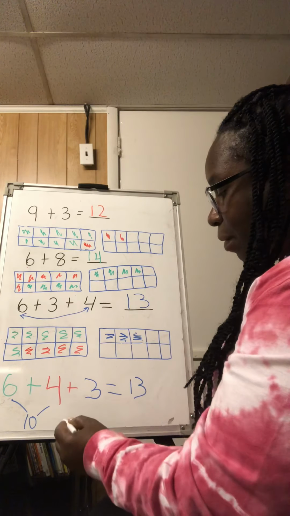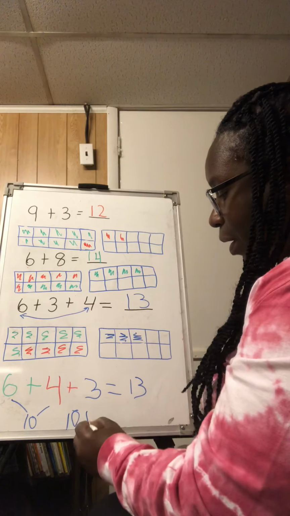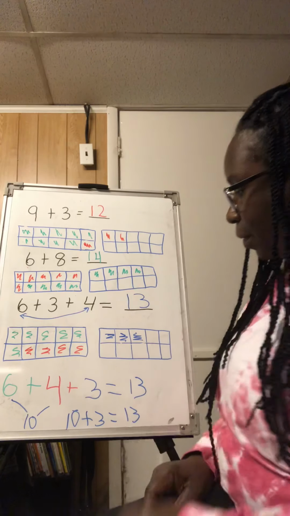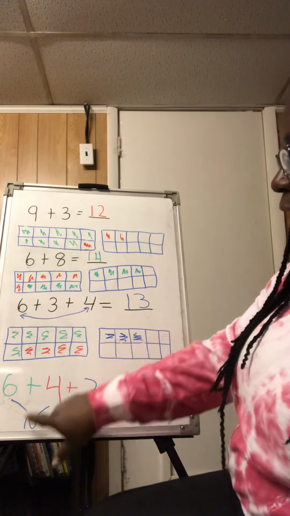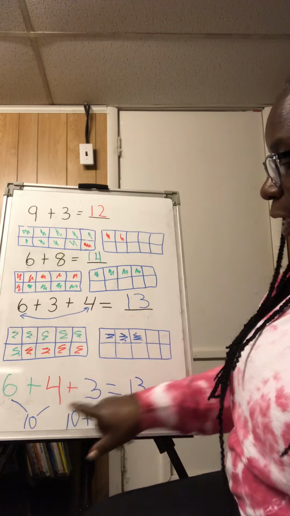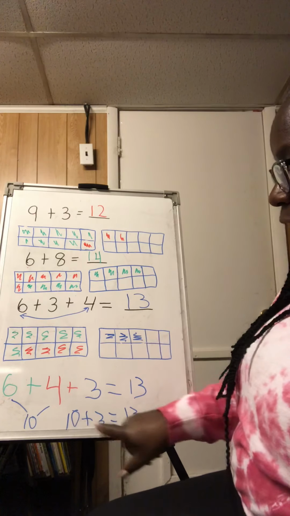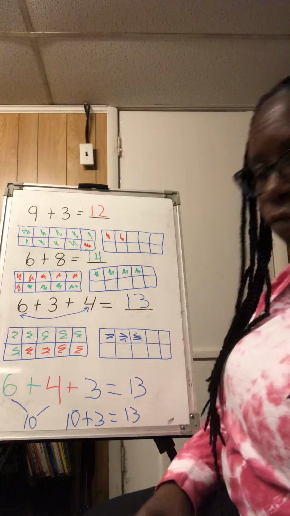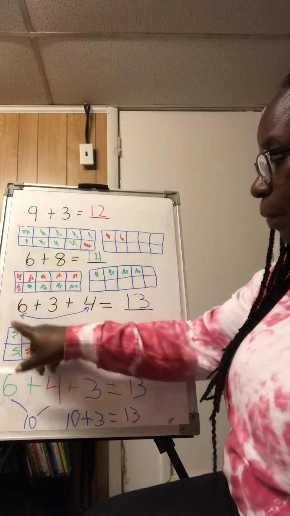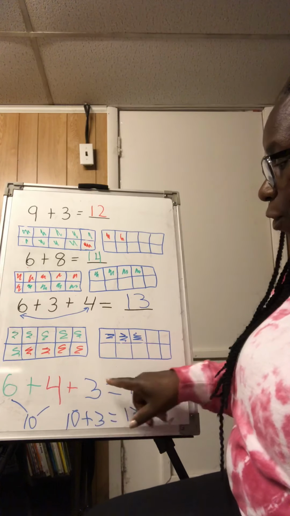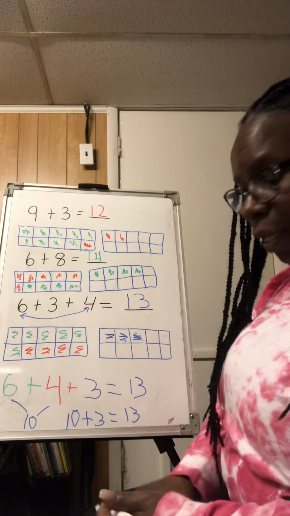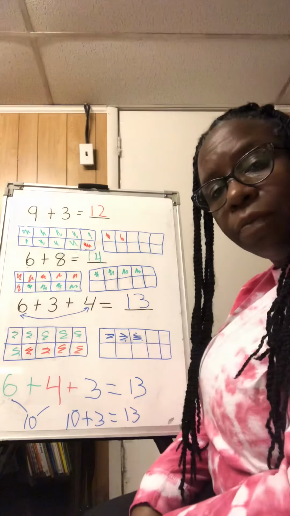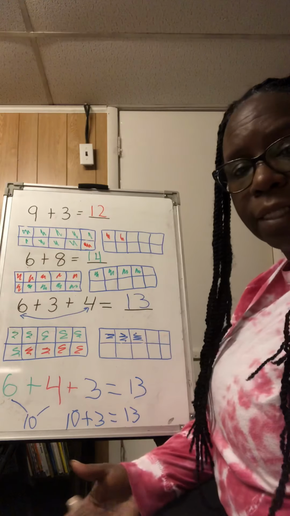So 10 plus 3 equals 13. 6 and 4 gave us our 10. 6 plus 4 is 10. 3 left over gave us our 13. Okay? So that is how you answer the longer ones. If you make your 10 first, then your leftovers, okay? And I use a 10 frame, if you need to count objects such as buttons, rocks, blocks, whatever